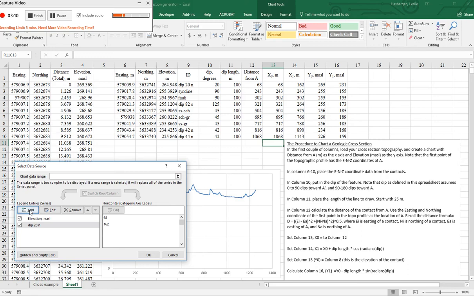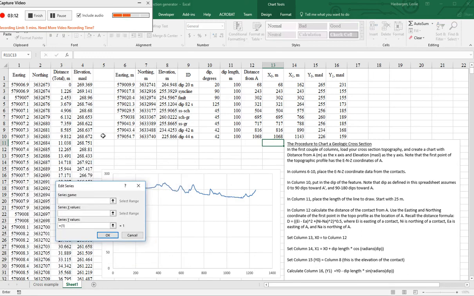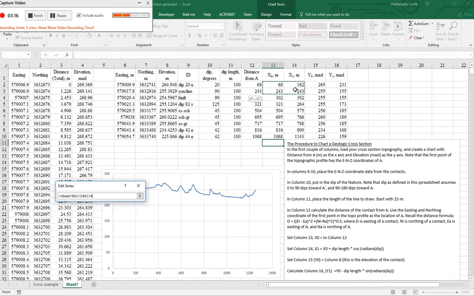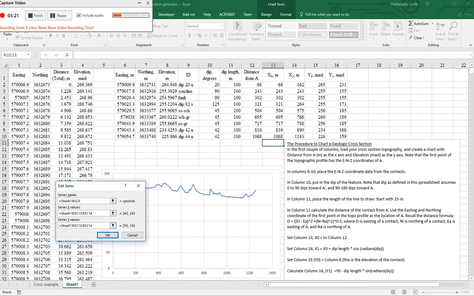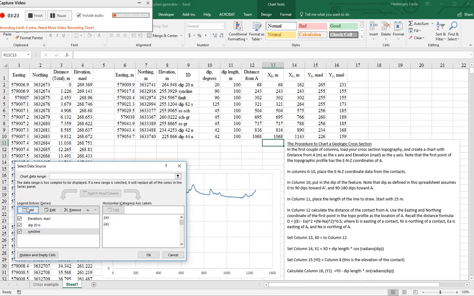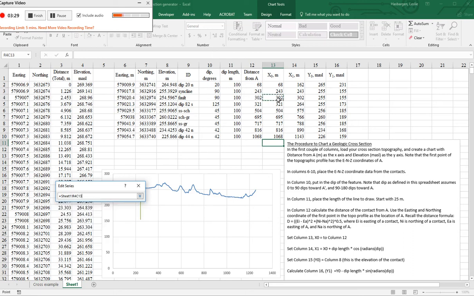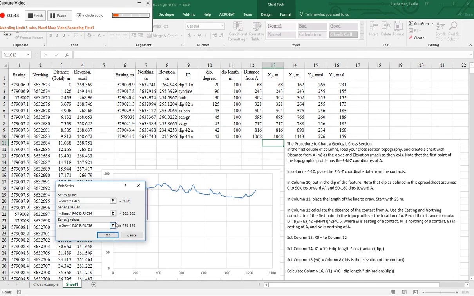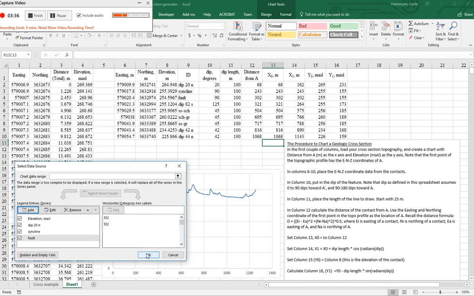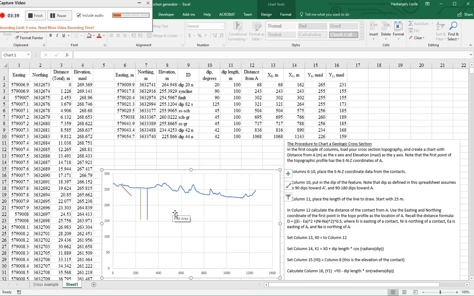And we can just keep adding more data sets then. Syncline, the x-coordinates, the y-coordinates. Okay, add, default. We'll put in the x-coordinates, y-coordinates. Okay, and I'm going to close this now so you can see